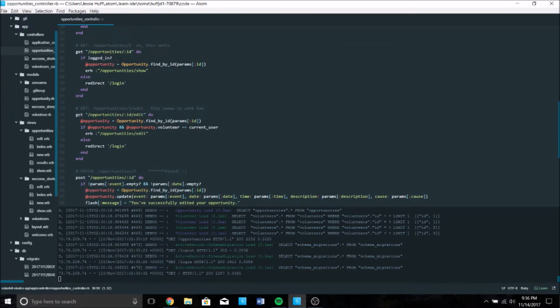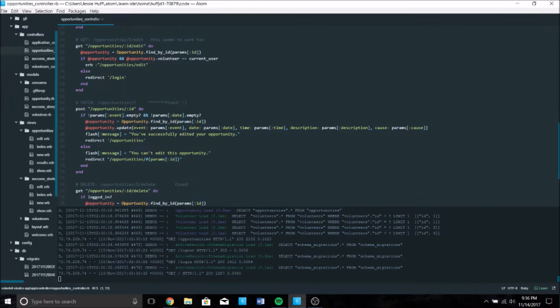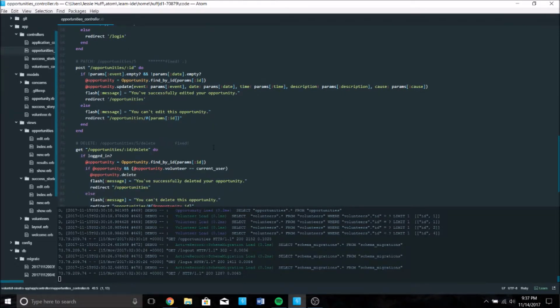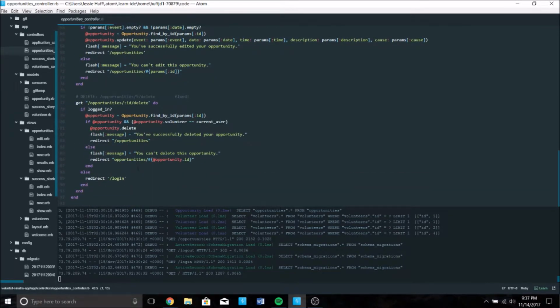Another interesting thing to note is I do have specific logged in features whenever they need to prove they've been logged in. So this one will edit, well actually this will be the reading function for an opportunity, and then this will be the editing function. Then this posts the edit, so anytime you've updated, it'll let you know that you've successfully updated. And then this allows you to delete it. So let's say you didn't like it anymore, or wanted to change it, or whatever the case, you can delete